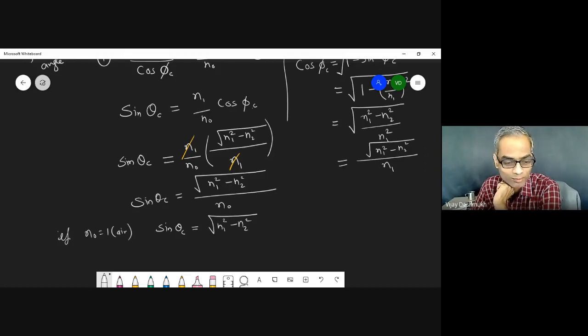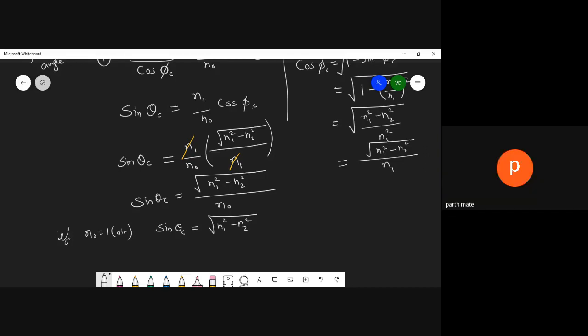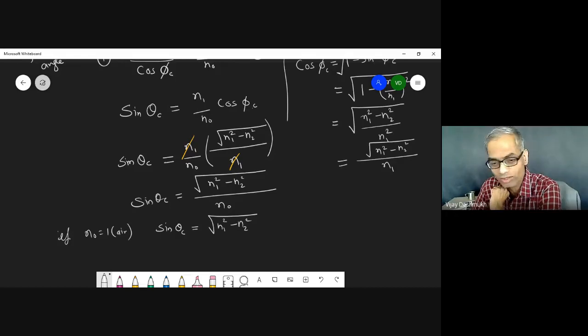What is the unit of refractive index? No unit. It is not having any unit. So this is simply a number, and therefore this is also called as numerical aperture. Why numerical? Because this is just a number. Aperture, let us see from the diagram why it is called as aperture.